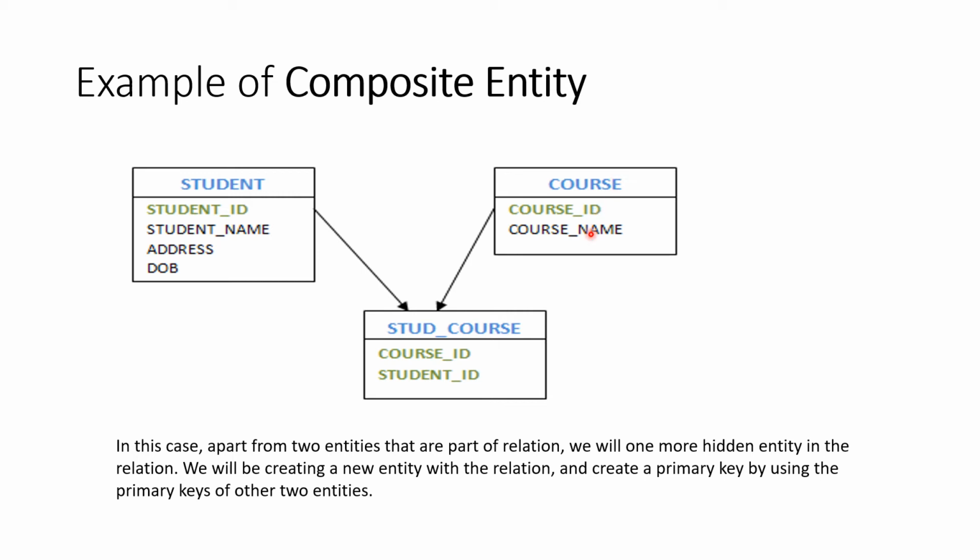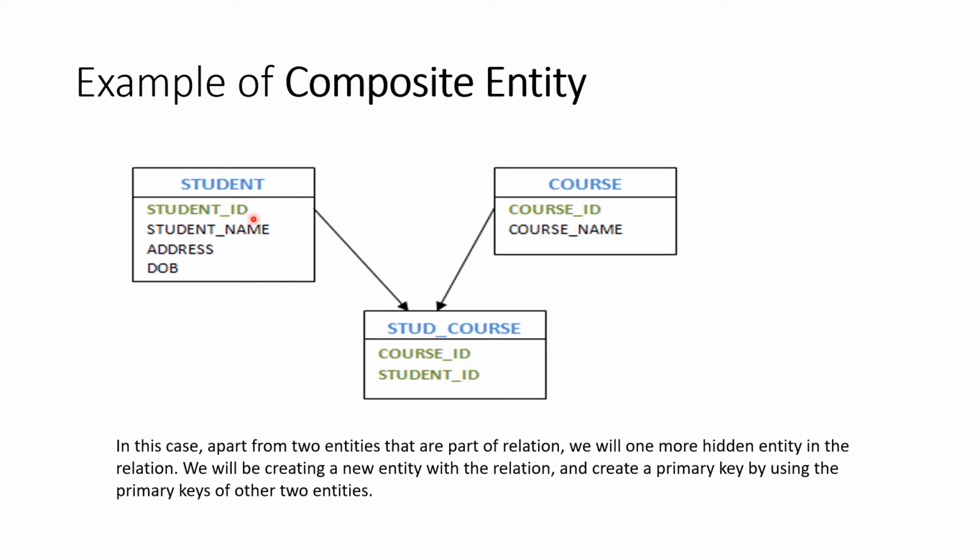Suppose I have student ID, I have course name, and I want to find the student's date of birth. These three things cannot be found in a single table. So what we will have to do is join these tables, or make some composite entities so that we can have the relationship between these two, because we don't know which student has taken which course.